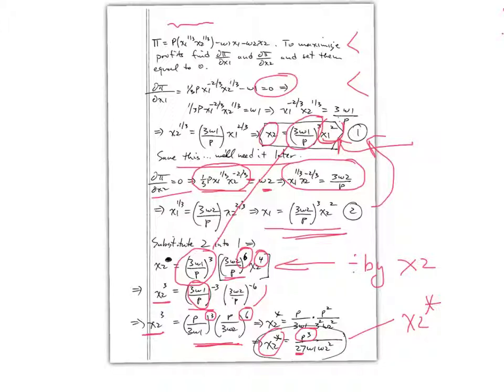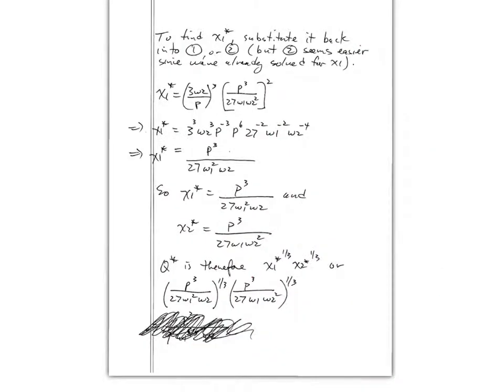So what are we going to do with this? Well, we need to substitute it into 1 or 2. 2 seems easier, and then solve for x1 star. So that's what we're going to do on the remaining page. Once we follow that process and we get our expression for x1, we can plug them both back into the production function to find our output. And when we simplify,